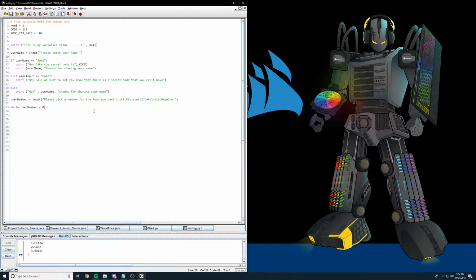So that would be and, or, I think not. But in this case, we're going to use and. So while user number is less than 0 and user number is, what is it, less than 3 or greater than 3,